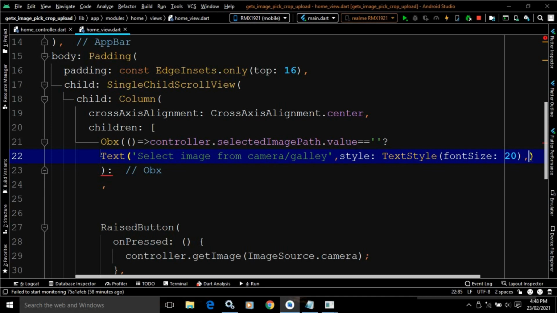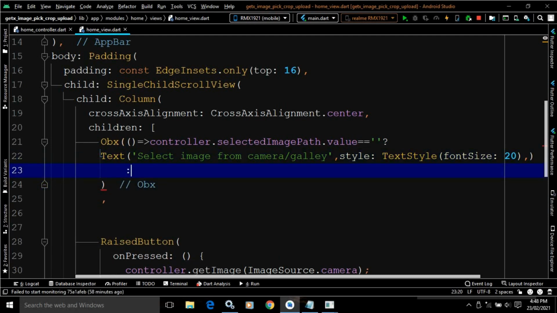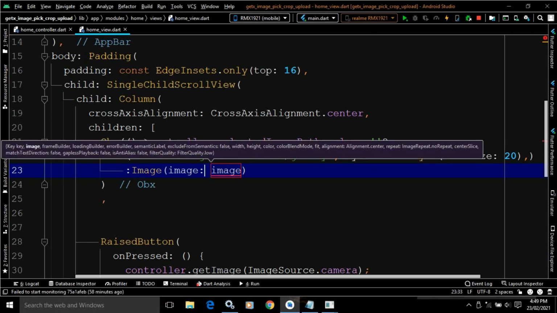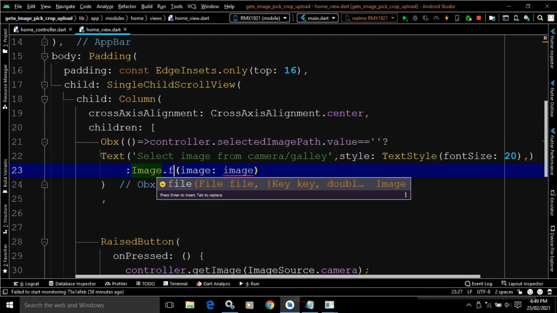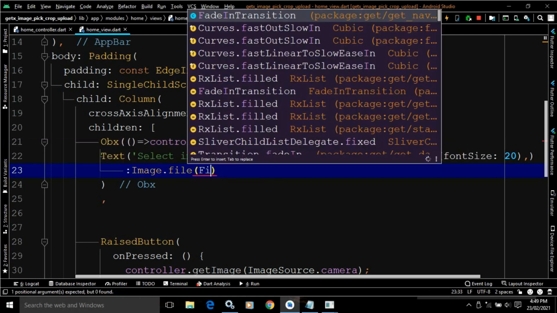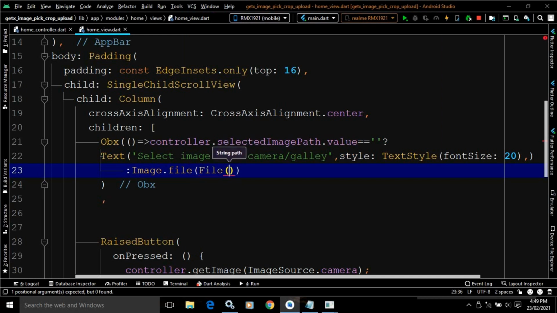Okay, here I will write colon image dot file, and after that I will write file, and I will pass the path of the selected image, that is controller dot selected image path dot value. Okay, let me format the code.